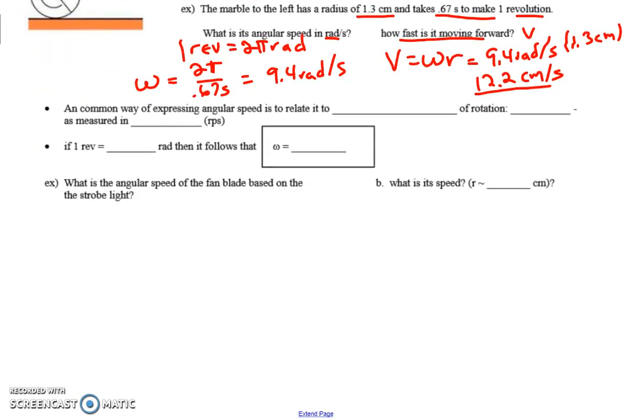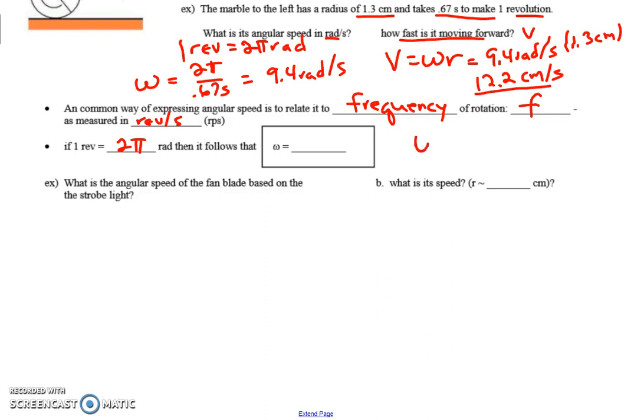And a common way of expressing angular speed, and we saw it here, is to relate it to the frequency of rotation. We're going to put a little bit more twist on that. Frequency is given the symbol lowercase f, and it's measured in revolutions per second. So in the previous problem, our angular speed was in radians per second. That's the standard, but sometimes it makes more sense to relate things in revolutions per second. And if one revolution is 2 pi radians, then it would follow that omega,